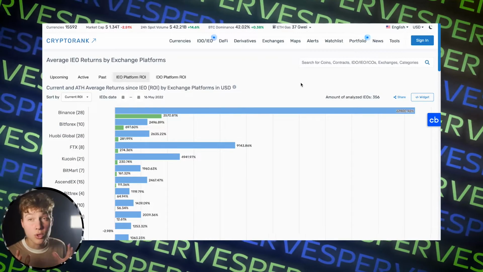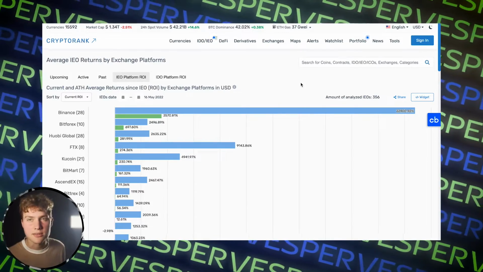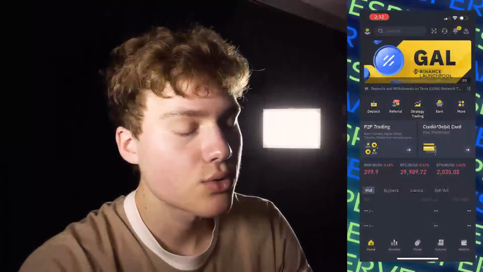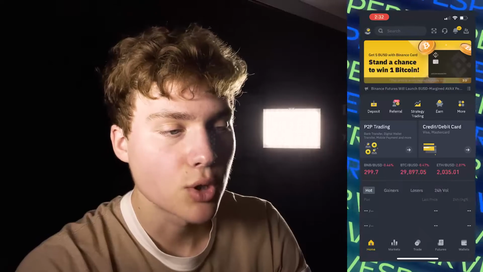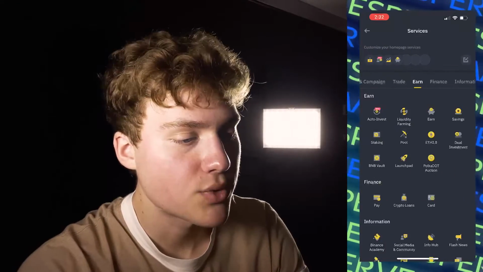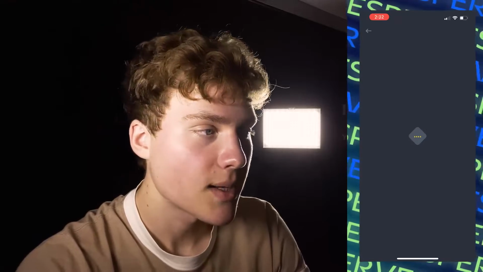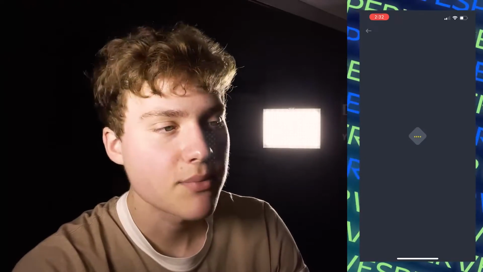And if we look for the best platforms for IEOs, usually it's Binance. It's the best overall. So the way that you see coins that will be launched, as you can see, the whole market is going down right now. You go to More, then you press on Launchpad. Launchpad is the name of the platforms that launch IDOs, but here they essentially use the same name for IEOs.